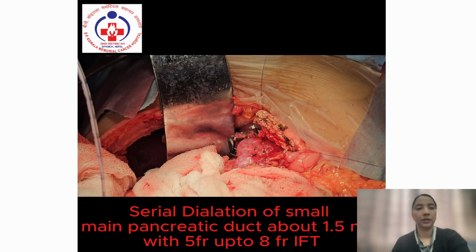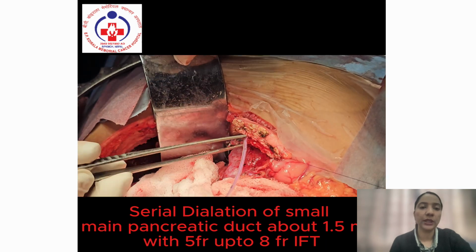the infant feeding tube, in our center we usually perform serial dilatation of the small main pancreatic duct. Only after the serial dilatation do we proceed towards the pancreaticojejunostomy with the modified Heidelberg technique. In this case, the duct was about 1.5 mm. Thus, we started the dilatation with a 5 French infant feeding tube,